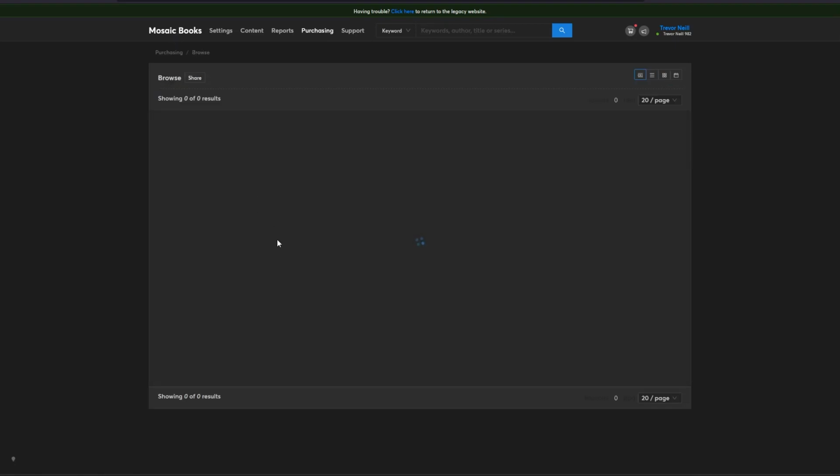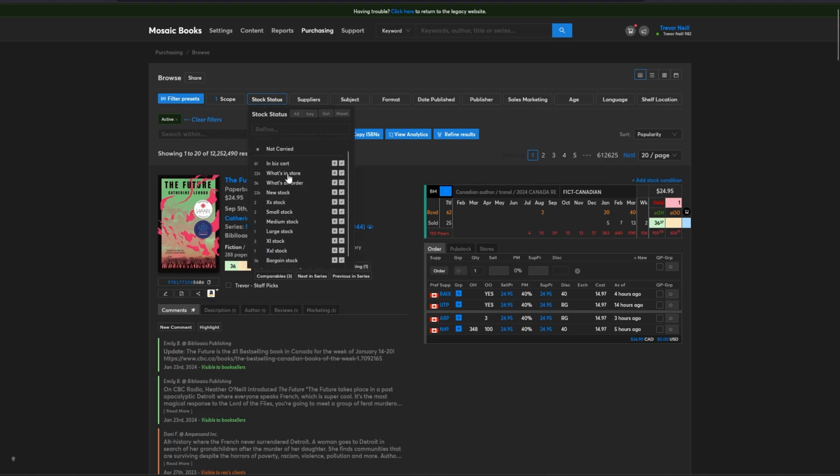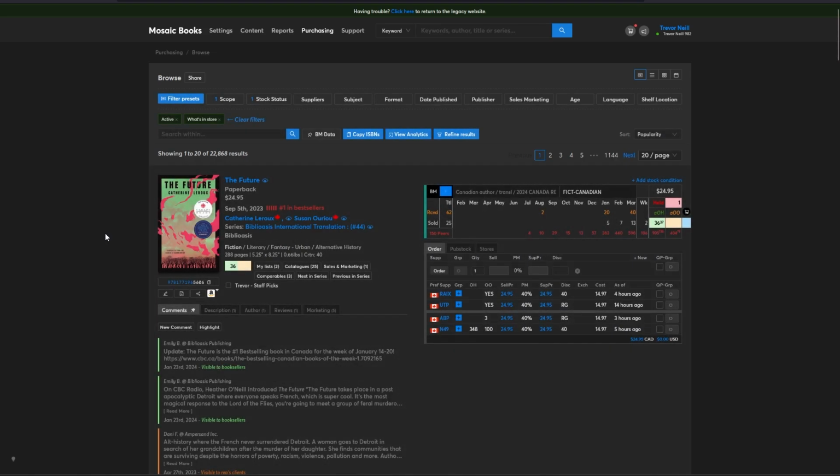So the second type of list is what's called the dynamic list. And that means that you don't have a definite set of ISBNs. Instead, you're going to set up browse filter presets to then pull in the ISBNs for that list. And it dynamically updates as things change. So if one of your presets is stock status, what's in store, so I only want to see titles that are in store, well, as titles become no longer available on hand, those titles will drop off the list